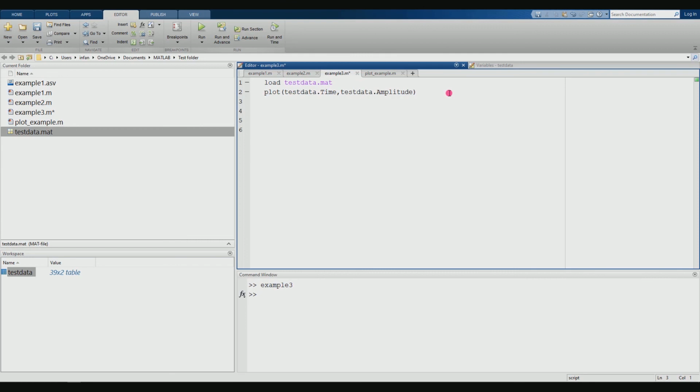So let me do it. Title, I'm giving it as import plot.